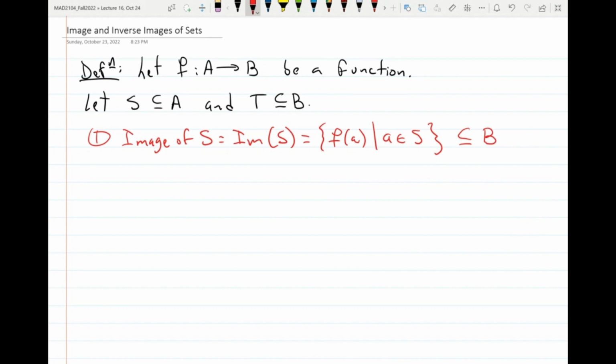Now, also you can play the game backwards. Sometimes you have elements in B, and you want to ask, are these guys coming from somebody in A? Are these the image or the output of some input? Okay? So sometimes you want to ask that question. That's what we call the inverse image of a set. So number two, the inverse image